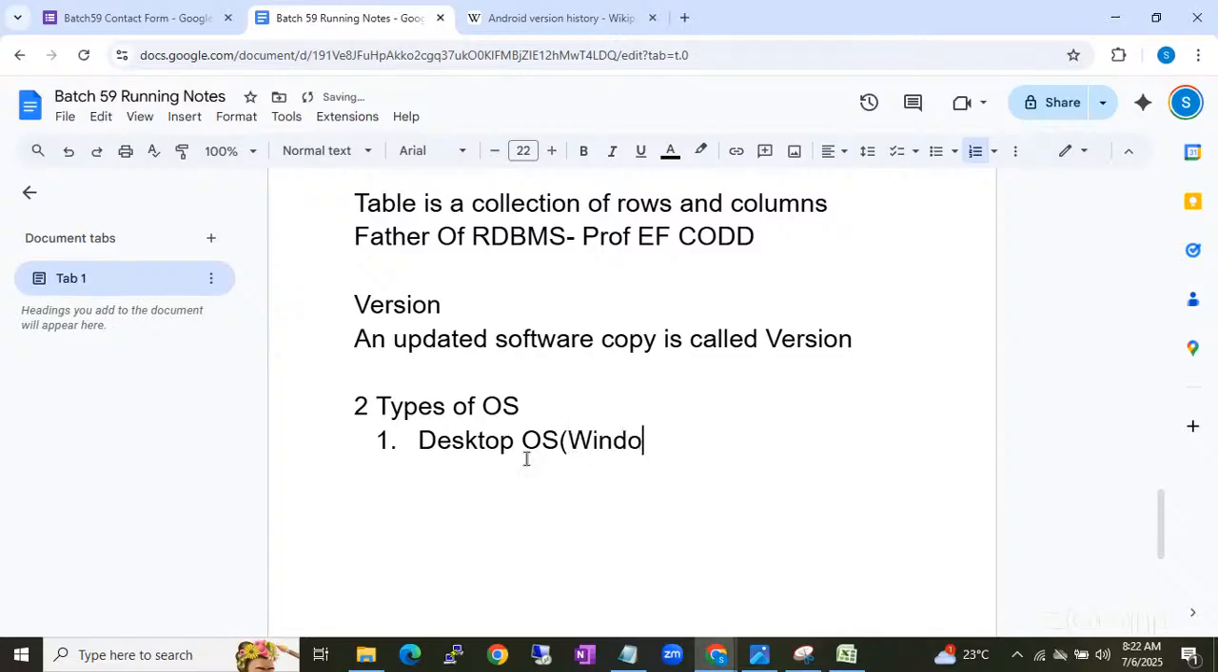Windows 7, 8, 8.1, 10, 11. So you can install SQL Server in all these operating systems. In your local laptop, maybe you are using 10 or 11. In your local laptop also, you can install the SQL Server directly. And we have another operating system called